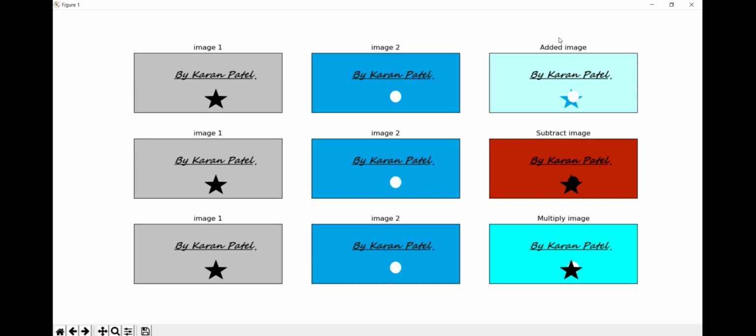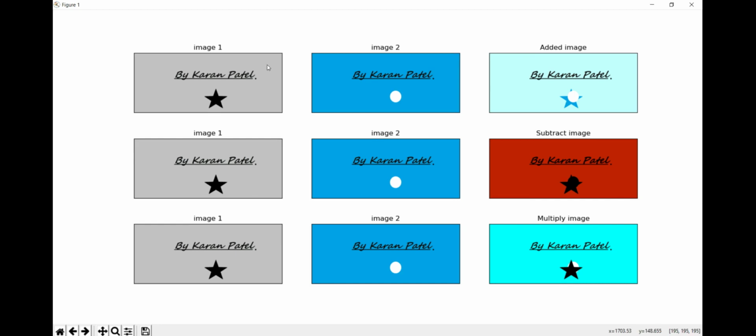So image 1 plus image 2, and we get this output. This is the addition of the images. How can we cross-check this? First concentrate on this area, where the pixel intensity of the image is written here. Follow my cursor, guys.